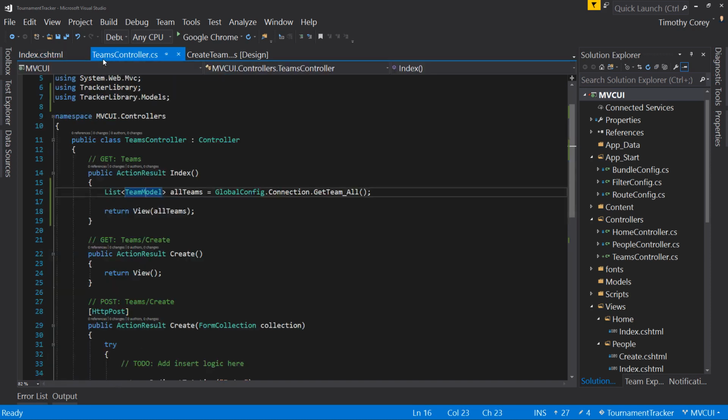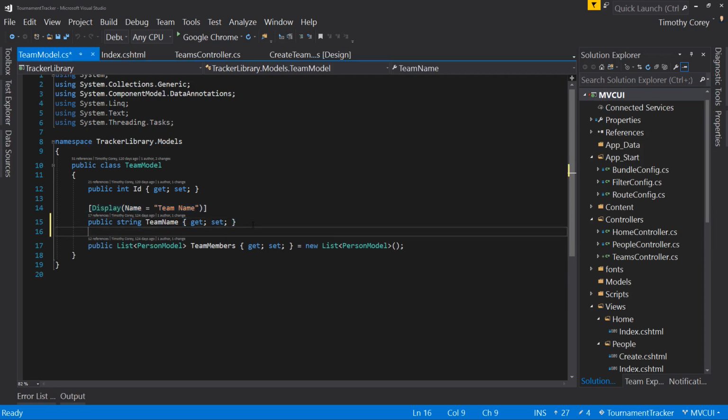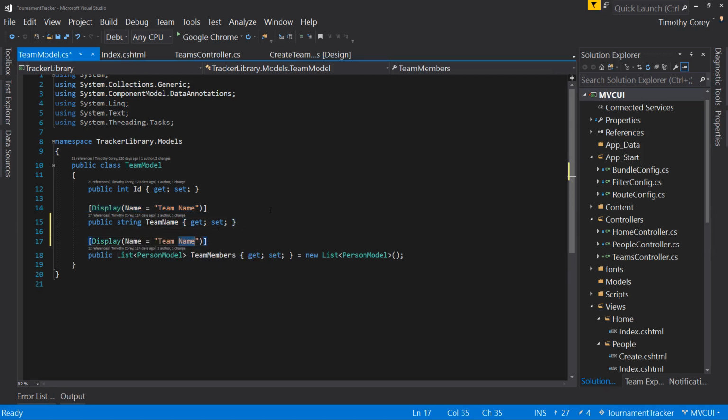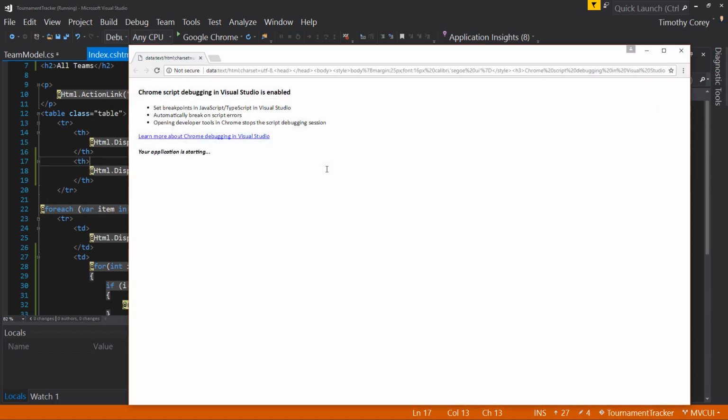Now we can come over to the team model, go to F12, to actually get to it, take this display name, and above team members, we should say at least, give a space, or call it team member list. Maybe it's a little more descriptive. And now that should show up in our index instead of just saying team members with no space. It should actually say team member list and gives